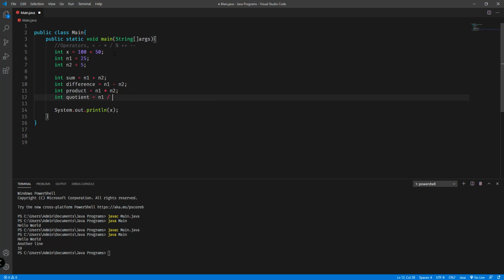divided by n2. Okay, we also have modulo equals, modulo is for just the remainder, getting the remainder of the two variables or two values. So modulo equals n1 percent sign and then n2, and then we have